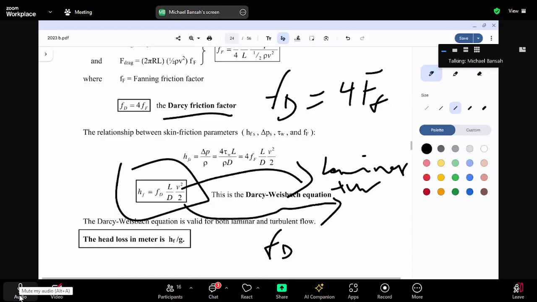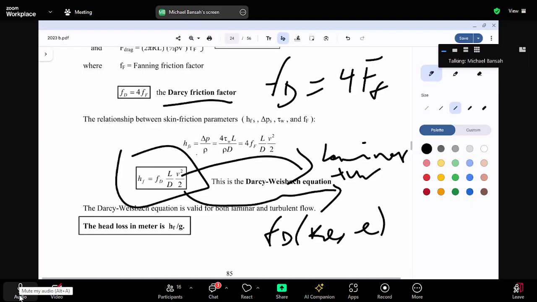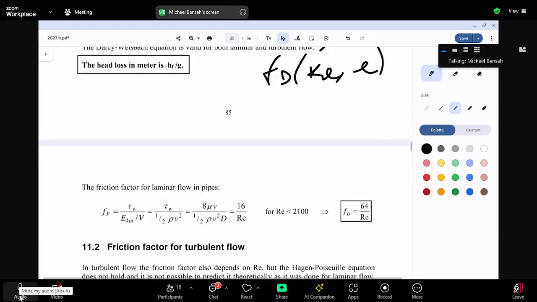Now, the Darcy friction factor has two parameters that you have to always calculate in order to be able to find the Darcy's friction factor. That is Reynolds number and relative roughness. Reynolds number, you know how to calculate by now. Relative roughness,